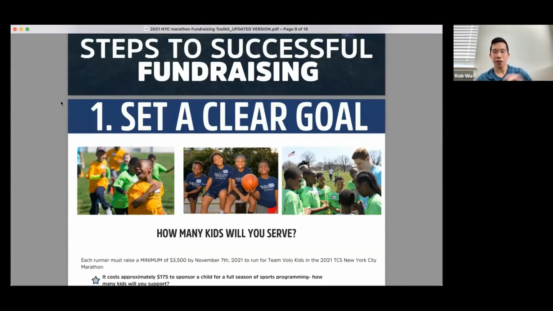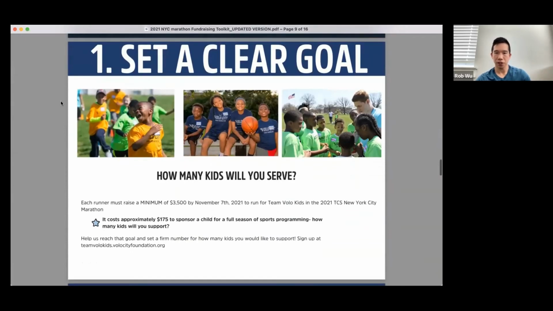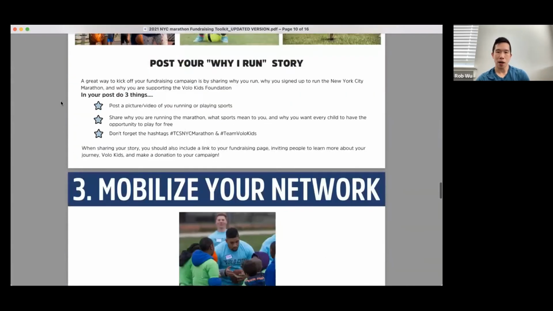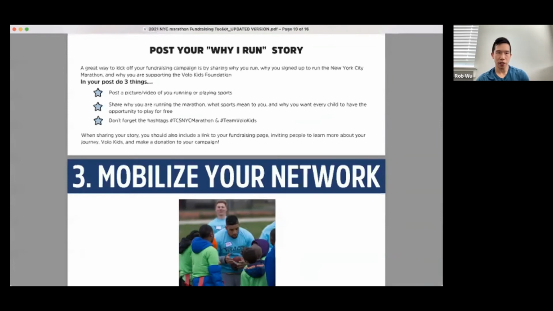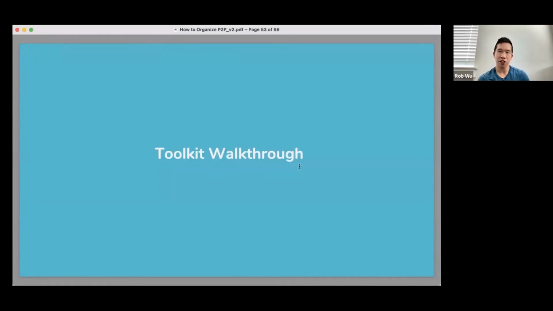And then over here, some steps to be successful in fundraising. So very common practice over here. I definitely encourage everybody to download our fundraising toolkits. So that being said, you can use our fundraising toolkits in order to drive the nurturing and coaching of your peer-to-peer fundraisers so that they can go out there and be successful.